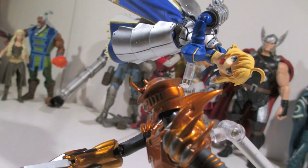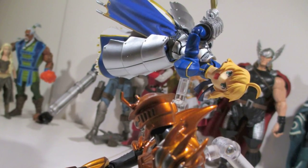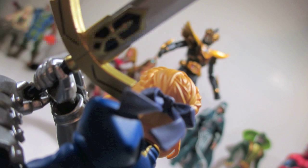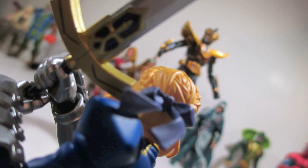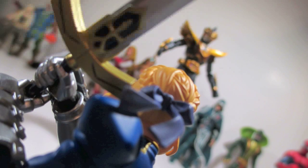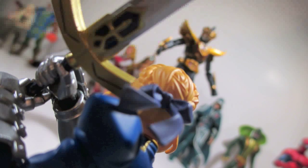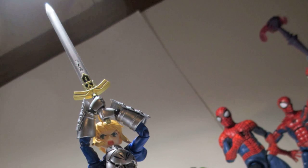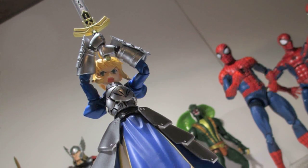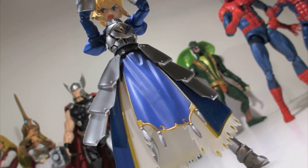I mean, it has articulation that you normally don't see on action figures. The range of motion is ridiculous. For posing, the joints are nice and strong, but they're not stiff to the point where it feels like you're going to break the figure if you pose them. There are a couple of tricky joints to work with. It's mainly in the wrists, because the wrists are kind of a universal joint that you have to twist sometimes in order to get it to move in a certain direction. But once you get the hang of that,